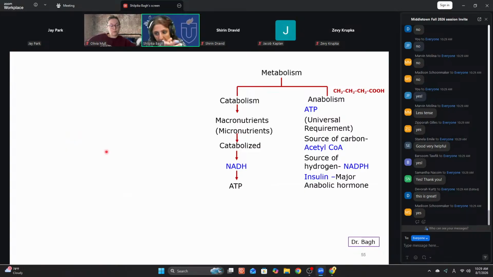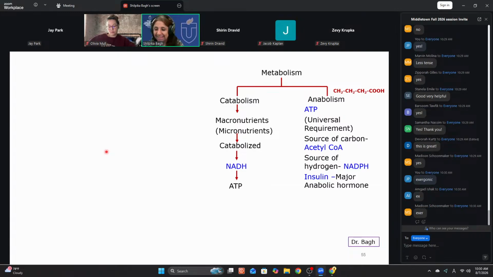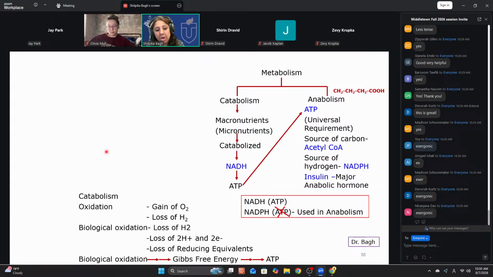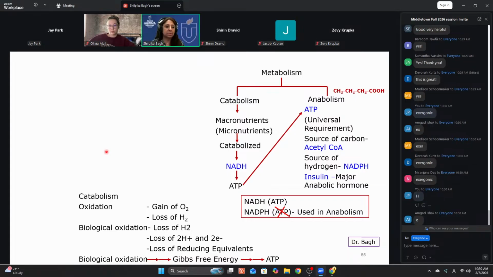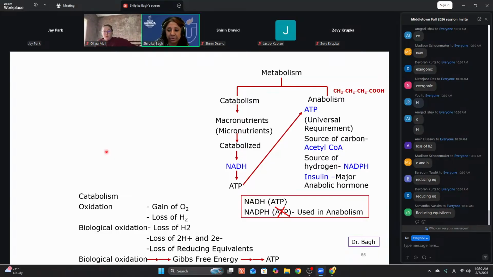Again, you should know what the overall Gibbs free energy is. Gibbs free energy change is the difference in energy of products to that of reactants, not the other way around. It's not altered by the enzyme. It is released by catabolism, oxidation. Is oxidation exergonic or endergonic? Exergonic, and that energy is trapped in the form of ATP, for which you need ETC. The new definition of oxidation in your body is loss of 2H plus and 2 electrons, which is known as reducing equivalent.